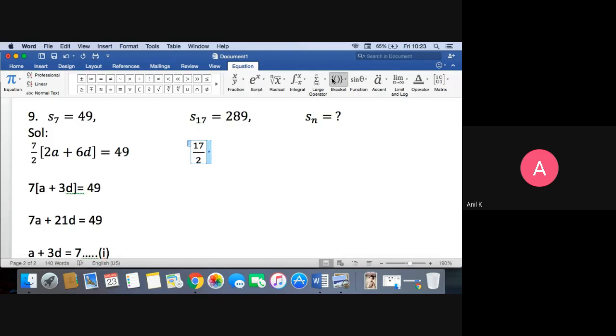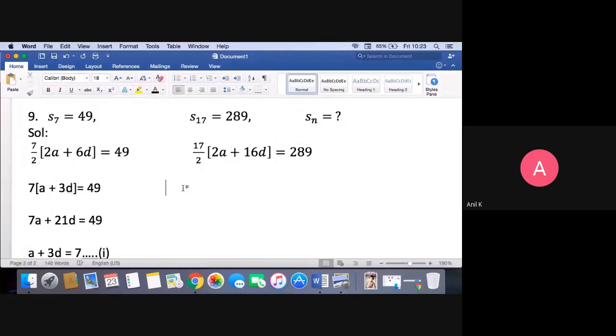I hope you are understanding by writing the steps directly. 17 by 2, 2a plus n minus 1. So n minus 1 is 17 minus 1, which is 16d, is equal to 289. Okay, so next step what you can do here is this 17 will be as it is. Now you take denominator 2 inside, divide each and every term. 2a upon 2 is a, plus 16 upon 2 is 8d, which is equal to